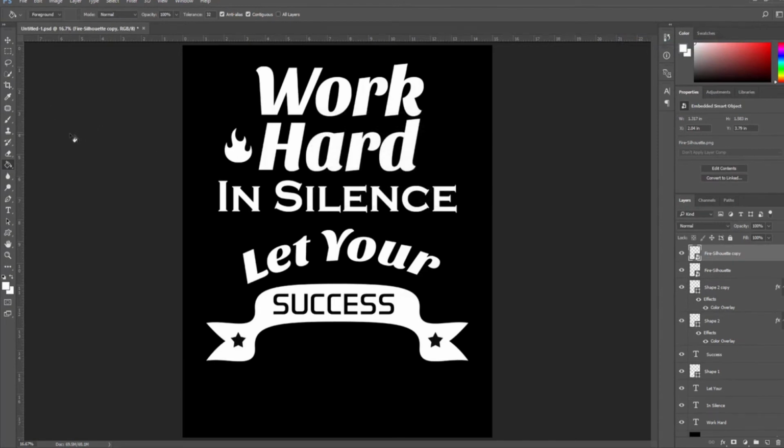After that, from the left toolbar, I just navigate to the Move tool and press Ctrl Shift, or if you are using Mac, then press Command Shift and drag this fire icon from left to right. Alright,